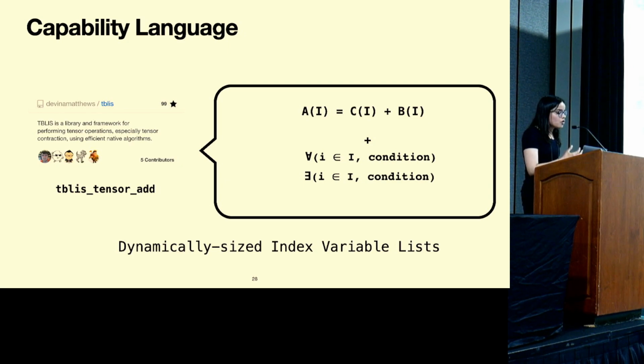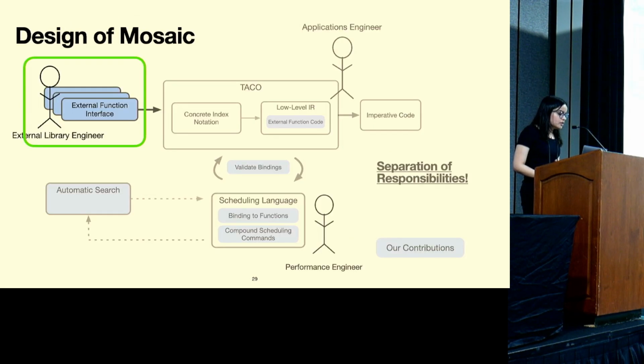So a for all or there exists condition will impose a constraint on all of the indices in this dynamically sized list or on only one of these indices in a dynamically sized list. And eventually, when we end up doing our validation, we use a parser to make sure that the operator pattern matches, and we lower the condition to the Z3 solver to make sure that we satisfy any conditions on these indices. So that was the external library interface, and that's how we end up adding new functions.